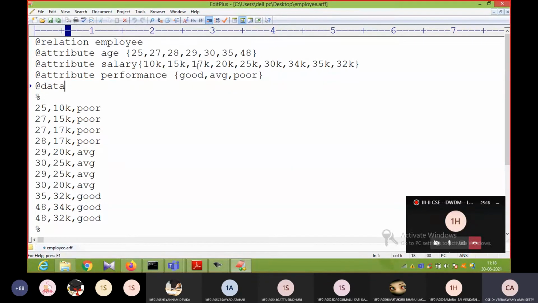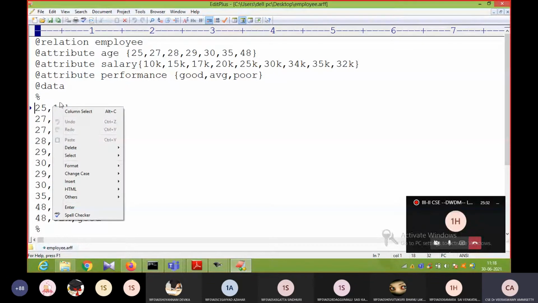Based on these attributes, you can fill in the data. So @data: 25, salary 10K, and poor. Next line, the second record is 27, 15K, poor. The third record is 27, 17K, poor. 28, 17K, poor.